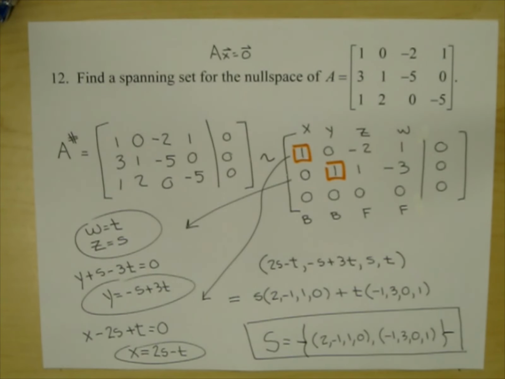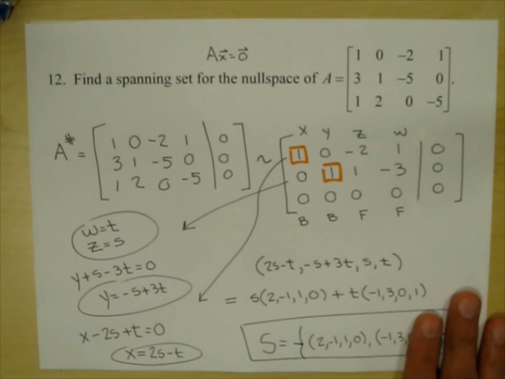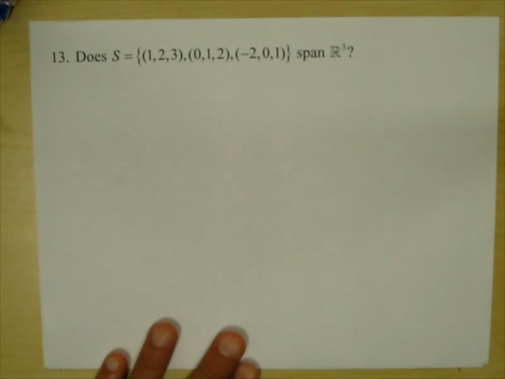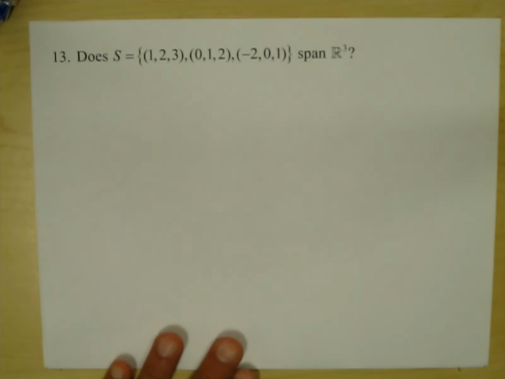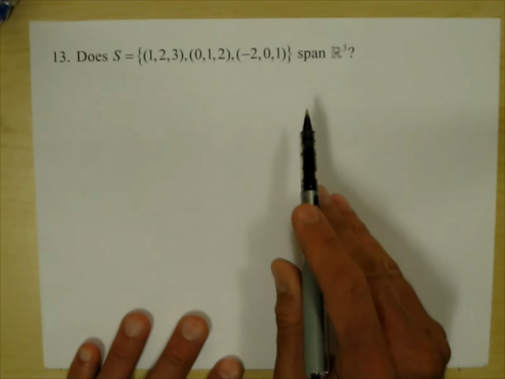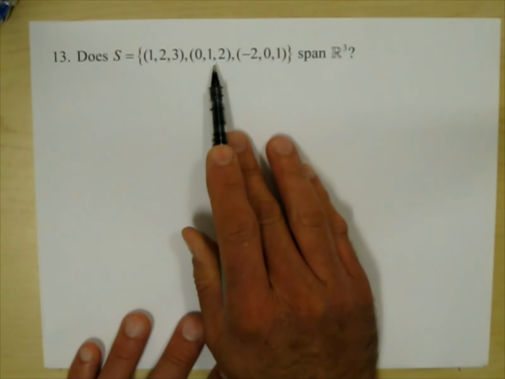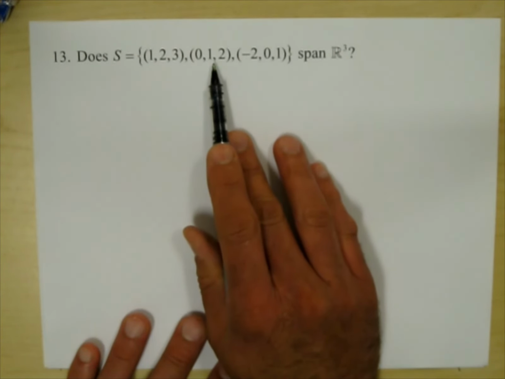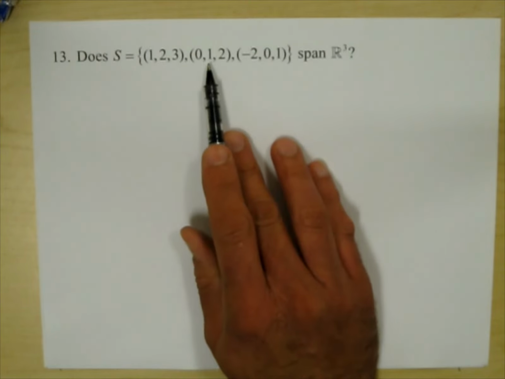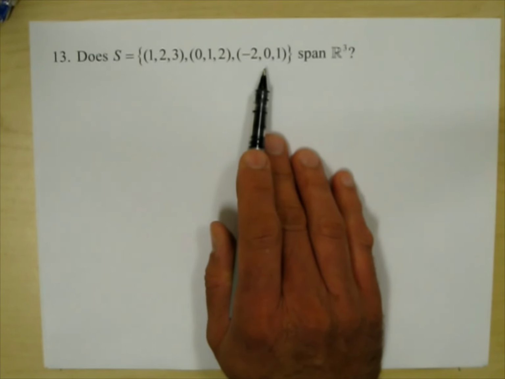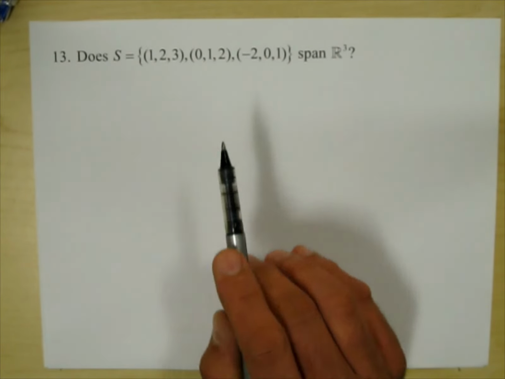Our last question is this one right here. Does S, which is those three vectors, span R3? Now, if there were just two vectors there, we would say, oh no, you would actually need more than two colors. You need like red, yellow, and blue. Okay, so before we answer that question,